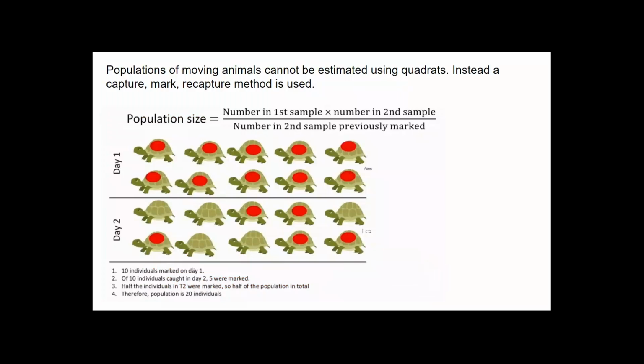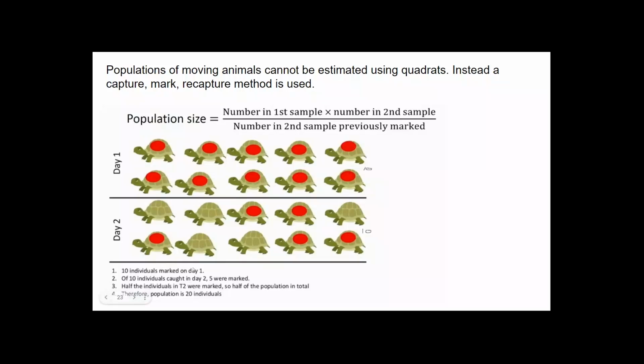Now, so far we've looked at populations for plants. We can also look at it for animals. And what we do is use the capture-recapture method. So on day 1, you capture 10 individuals and mark them. And then on day 2, you capture some more individuals and find out how many were marked. And the population size is the number in the first sample, which in this case was 10, multiplied by